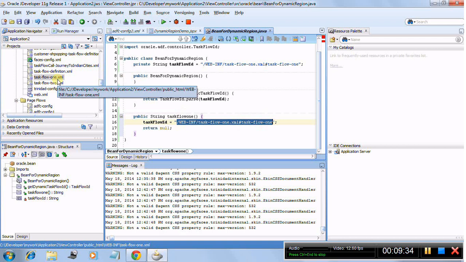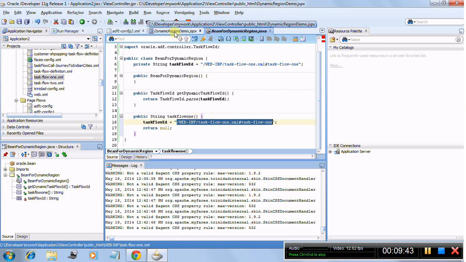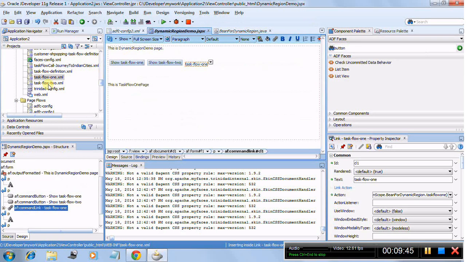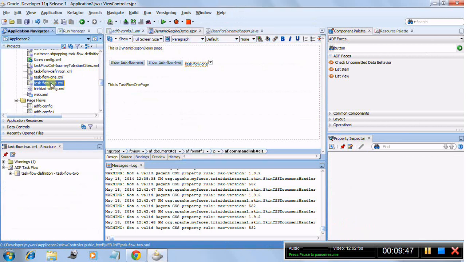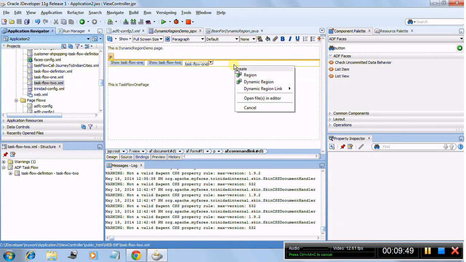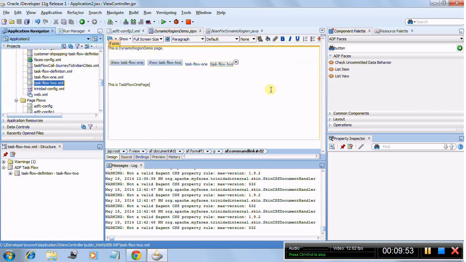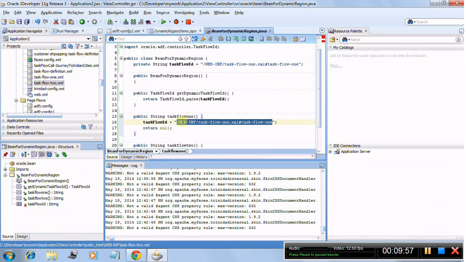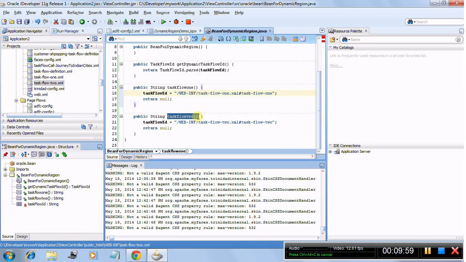So if you have to point to task flow 2, you can have another method over here which would alter this value. So you do not need to write that manually. If you want to migrate to task flow 2, just drag this over here, say dynamic region link and dynamic region 1. So what it will do, it has created this link which has created another method over here, task flow 2,